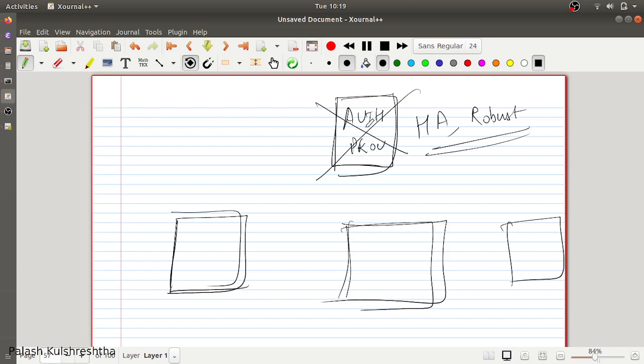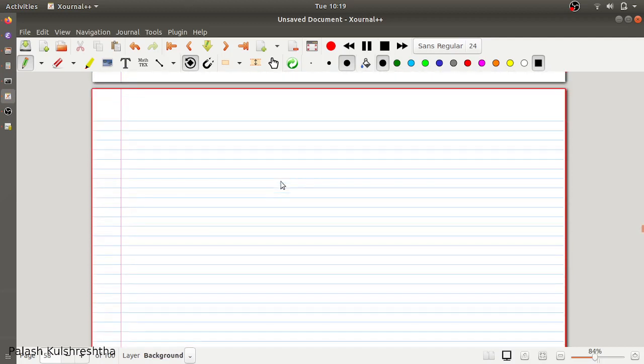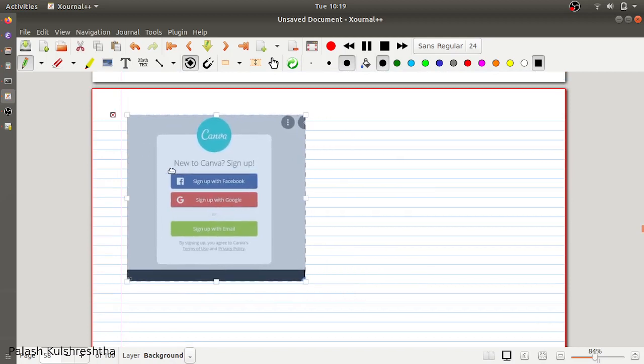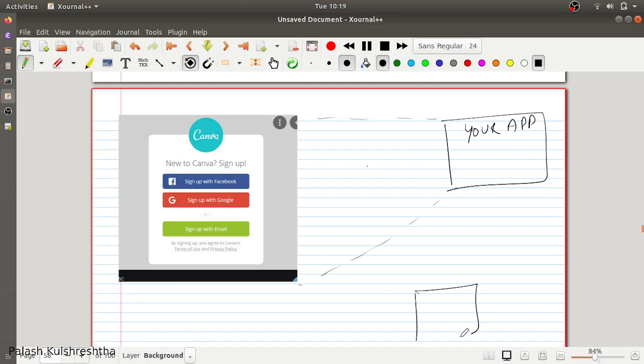Let's see some of the challenges that you can face when you're using federated authentication mechanisms. As we have seen, here you can see Google and Facebook. For example, let's say this is your app, this is the Facebook server, and this is the Google server.